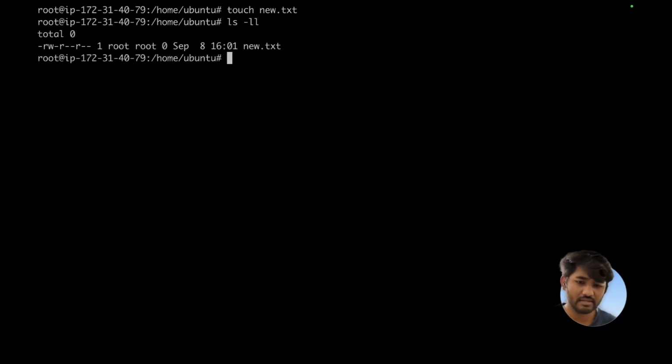Now, let's say you've been given a task where you are asked to create a new file. How do you create it? You will just write touch new.txt, and in order to validate it, you will just write ls -ll and your file is present. Now, if you want to see the current directory, you will type pwd. All right, understood. And if you want to print any message, you just write echo